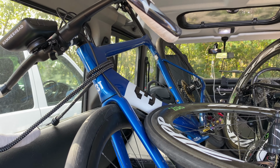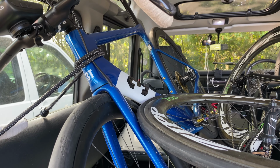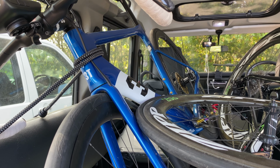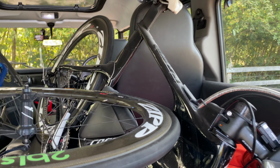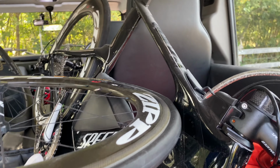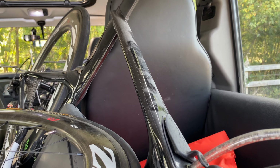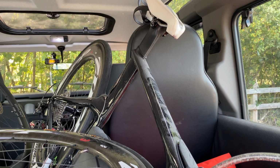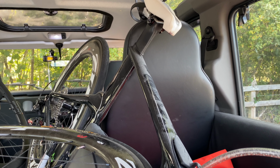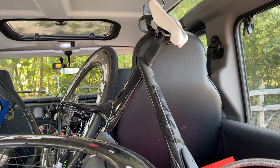But yeah, here we have the 3T Strada. I got it nearly 2 years ago, October 2018, and until then the Shiv was my go-to fast bike. As you can see, it's full of dust because it has gathered dust since the 2018 half Ironman of Weymouth. The reason being that I broke my shoulder before 2019, on which I was going to use this and have a comparison on which is faster,